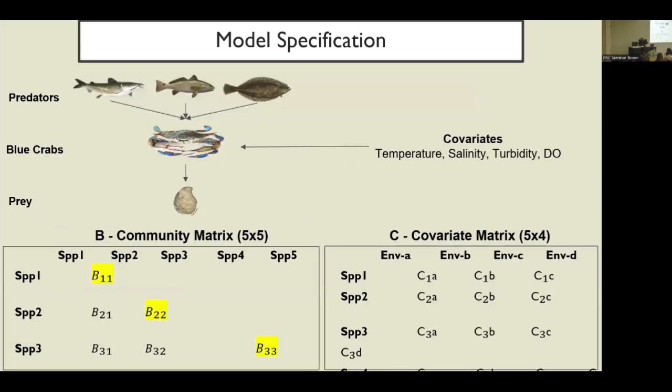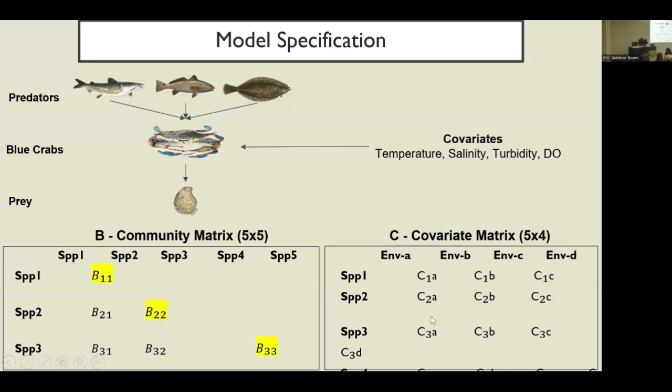So this is the format of the matrix. Since the community matrix is symmetrical, I'm just showing the lower triangle right here. The rows are the species being affected, and the columns are the species exerting effects. The main diagonal shows how each species is influenced by its own past abundance, and the off-diagonal represents